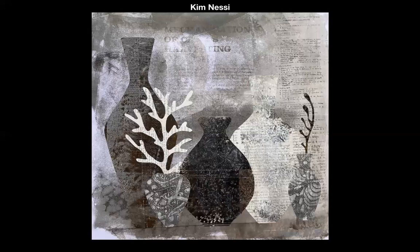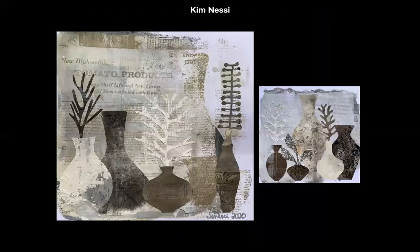All right, so let's see. You have a couple more of these, right? Oh yeah, I've definitely got more. I've really been having fun. It's like putting a puzzle together. I cut out all these vases and I figure out which one goes with which background. And actually the paper on the one on the right, the tallest vase in the middle, which is maybe a little too centered now that I'm looking at it,